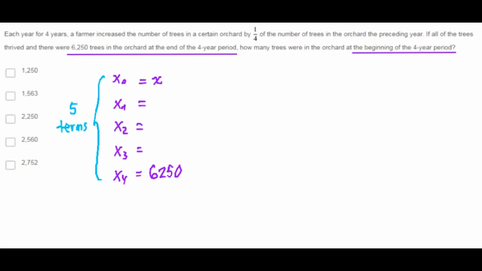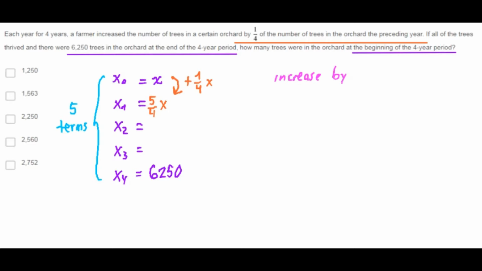Now, they say that the number of trees increased by a quarter of the number of trees in the orchard the preceding year. So, if they had at the beginning x trees, at the end of the first year they had x plus a quarter of x trees, and that is 5 quarters of x. So, here,